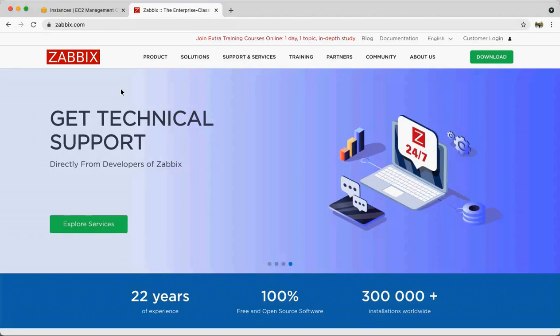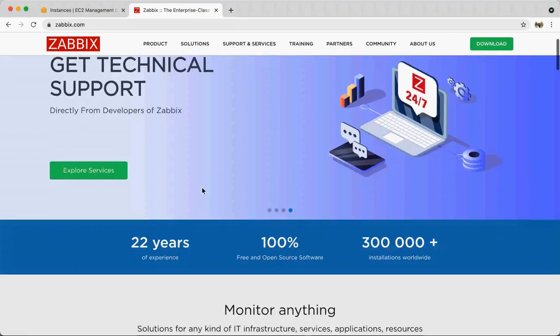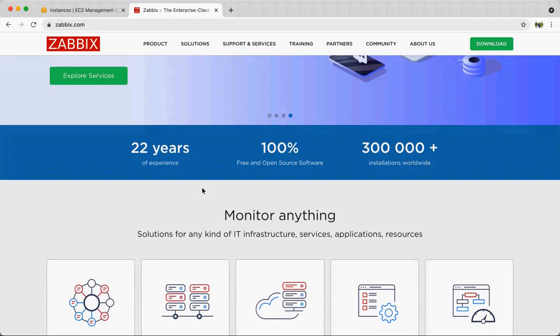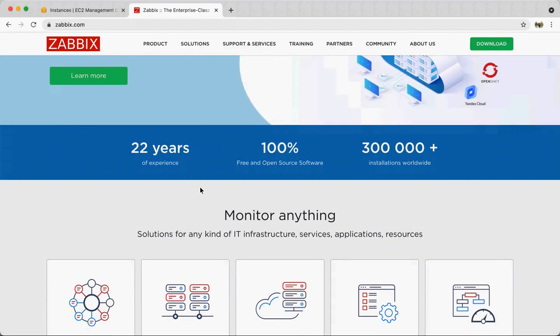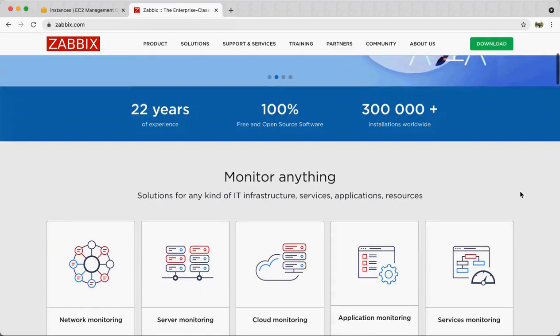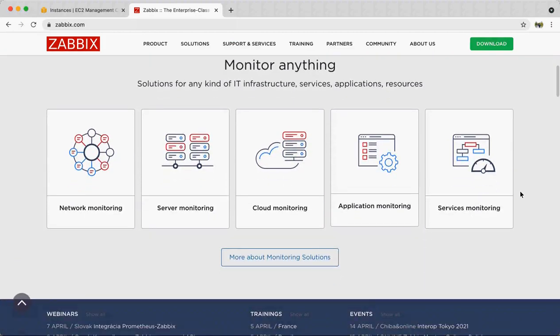But now they have started catching up, and if I show you the site, you can see it is a 22-year-old product, and it is free and open source software; there is nothing which needs to be paid for. It can monitor multiple types of infrastructure, servers, applications and resources.